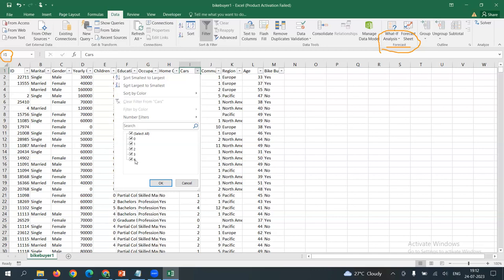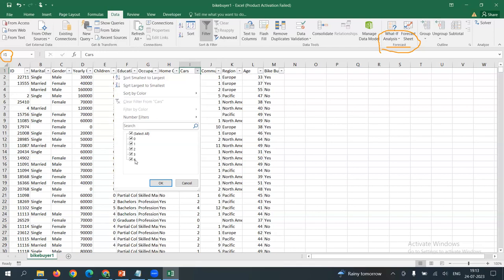Others, please respond. Is there a strong mandate rule that those who have cars will not have bikes? Now, if you see the real world that we are living in, each one of us has a car and a bike also. We will pick our own travel means of comfort whenever required. That's why, how many of you think that the cars variable will have any impact on the bike buying decision?